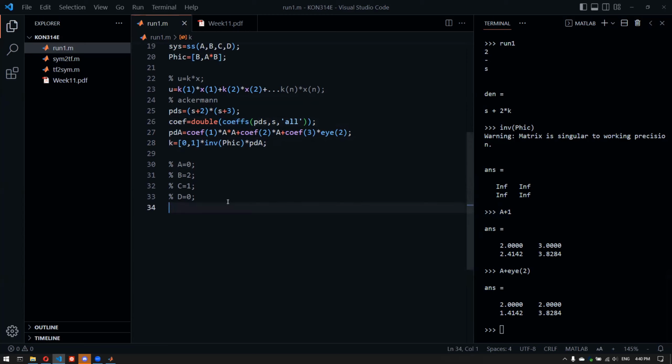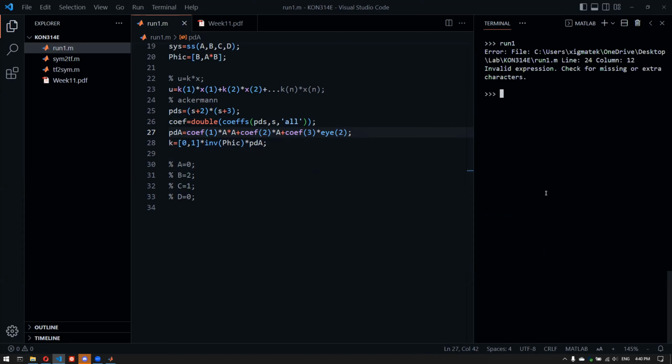You might try to subtract the constant term and then do some crazy stuff with that and add it back again as the true value or something like that. But yeah, I'm not going to bother with that. I'm just taking the coefficients and I'm just going to do it myself. So I know that coefficient 1 times A squared, coefficient 2 times A, plus coefficient 3 times identity should be the actual thing here. So when I try to run this, you can see